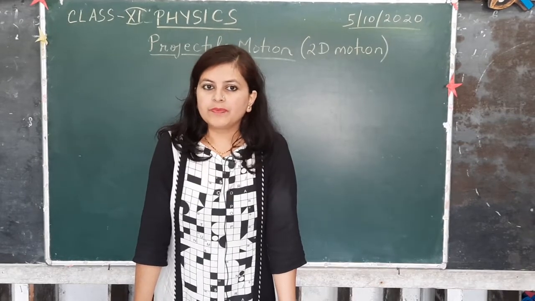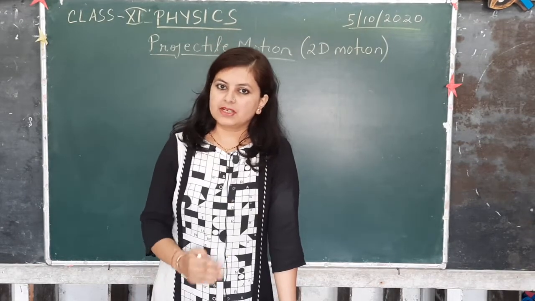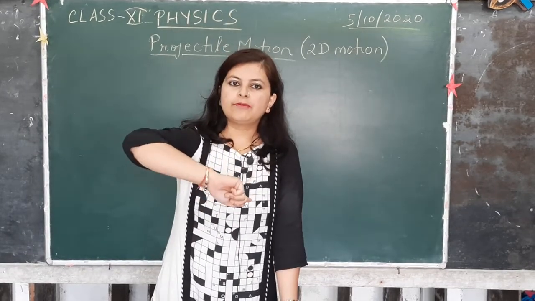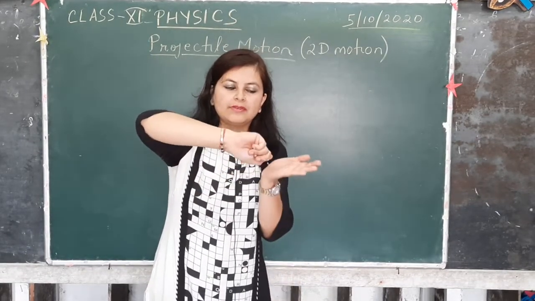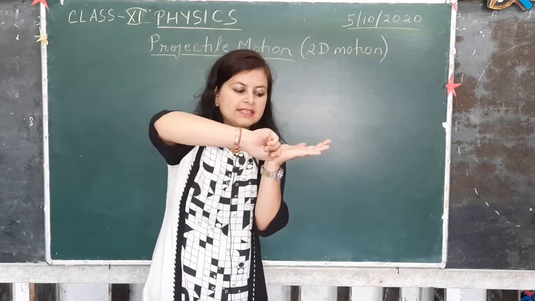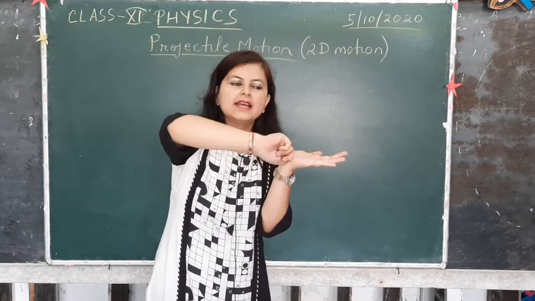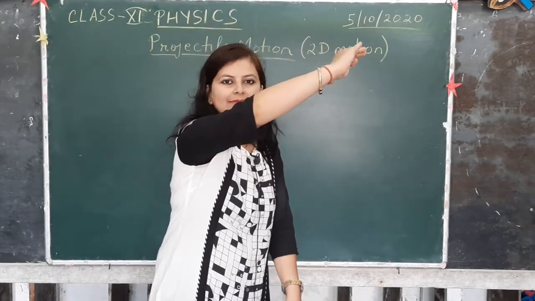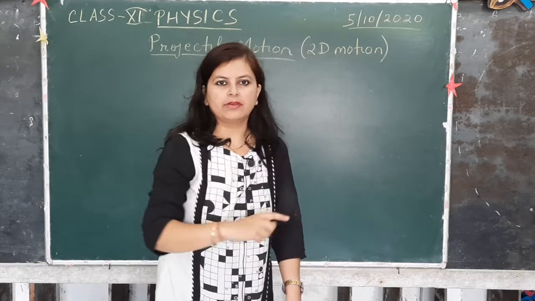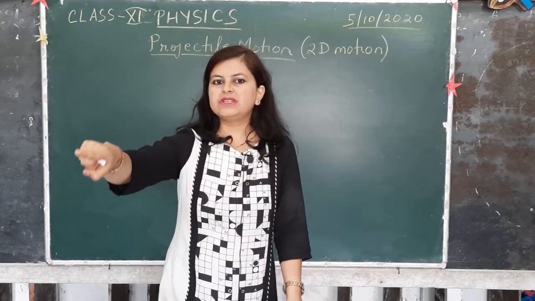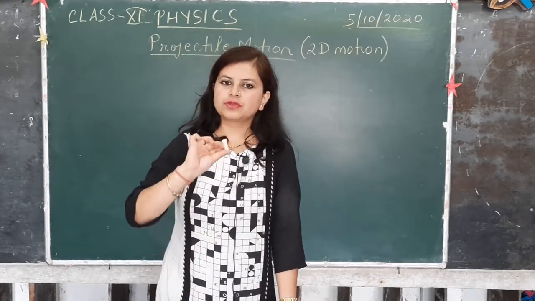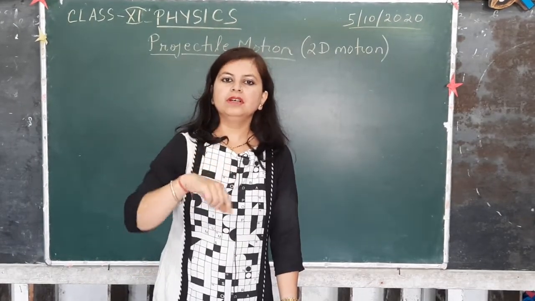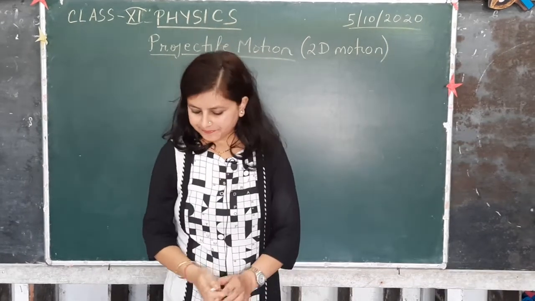You kick a football, and the football does not go straight after you kick it at a certain angle. It will fly a bit, that means it will cover a horizontal distance as well as a vertical distance, and after some time it will reach a maximum height. Then after reaching the maximum height it is going to descend down to the ground. So this is the motion that we see after kicking a football. Or if you just throw a piece of chalk at an angle, it will follow a projectile motion like this.